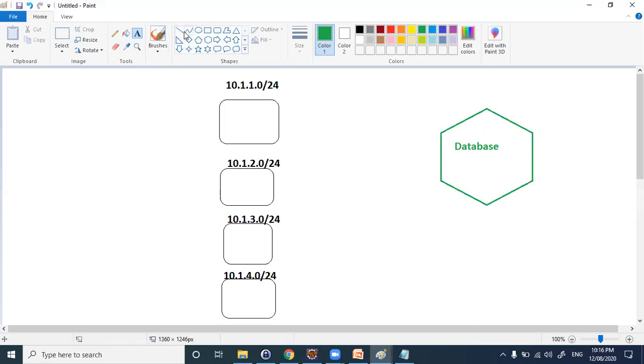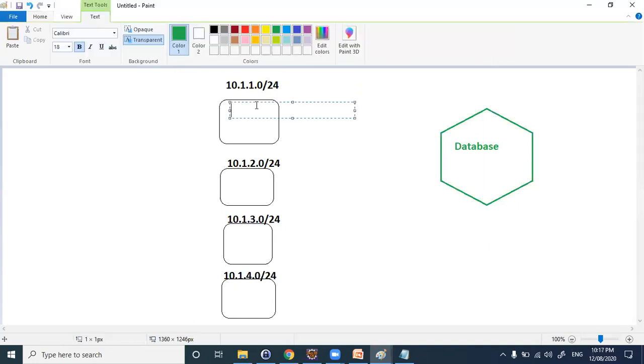Now you need to connect to this database from different applications. Let's assume this first subnet is your management subnet. And here you have your actual production subnet, where your production servers are. And third, let's assume you have your backup servers.